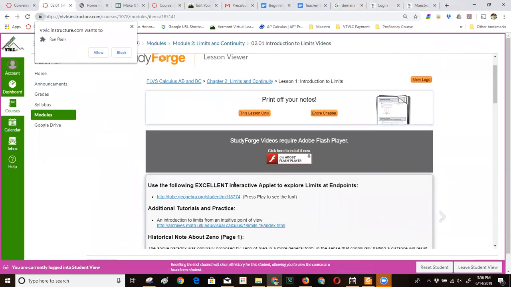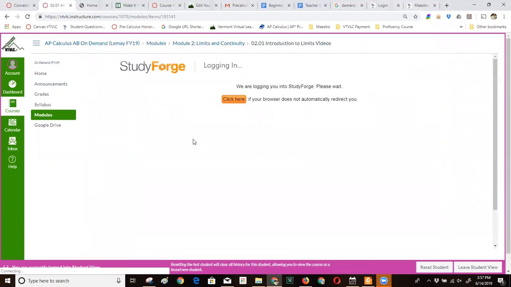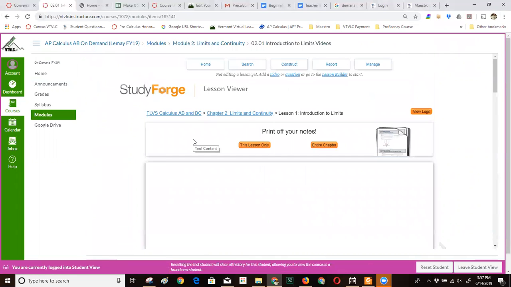Is it letting me do this? Usually it lets me open this up. Oh, here we go. Run Flash. Allow. And while it loads,